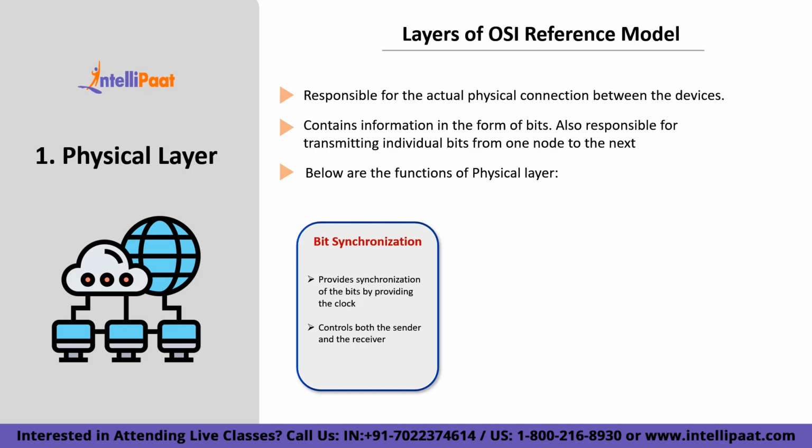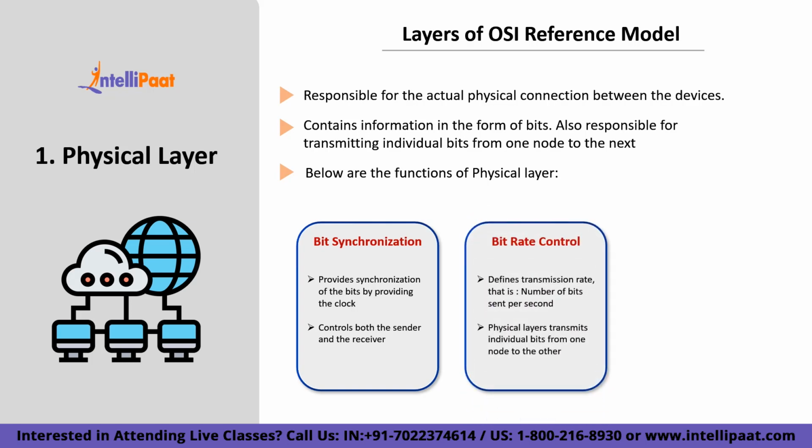First, let's start with bit synchronization. The physical layer provides the synchronization of the bits by providing a clock. This clock basically controls both sender and receiver, thus providing synchronization at bit level. Next thing is bitrate control. The physical layer also defines the transmission rate, that is the number of bits sent per second, and it also